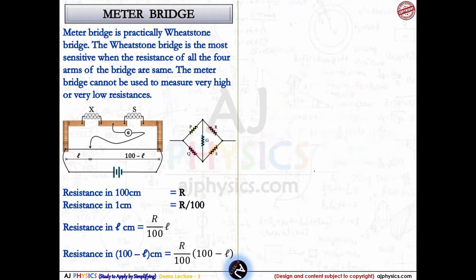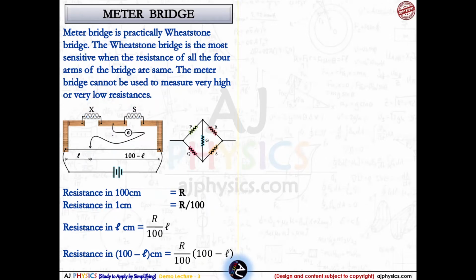Now the next thing is, the meter bridge is arranged in such a way that we have four resistances: X, S, this is the resistance of portion 1, and this is the resistance of portion 2. So with the same principle of the balanced Wheatstone bridge, we attach a galvanometer and a jockey here. This will help us to attain the balance point at one point of the wire throughout the 100 centimeter wire.